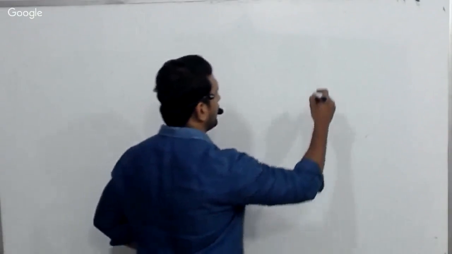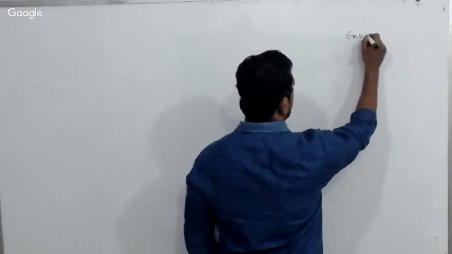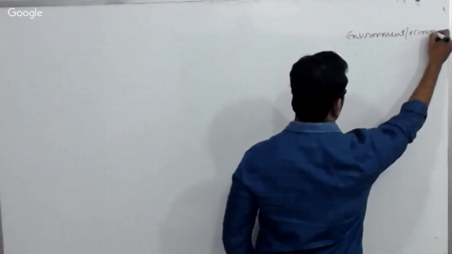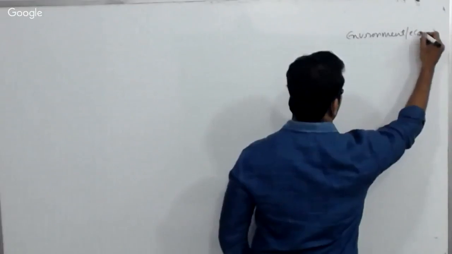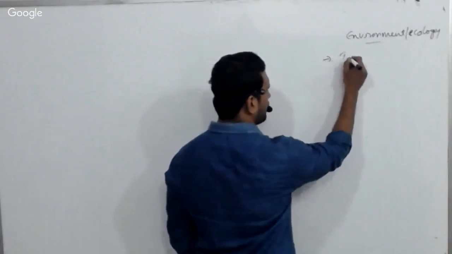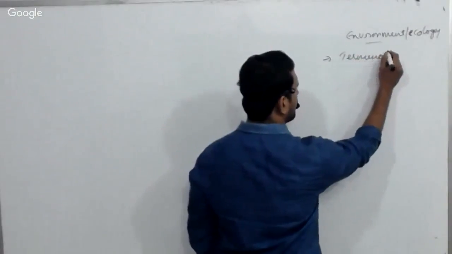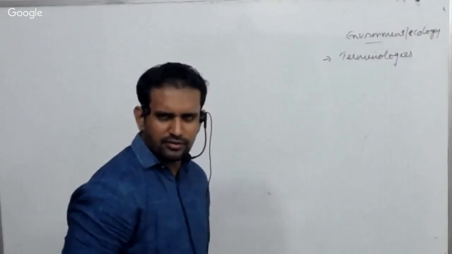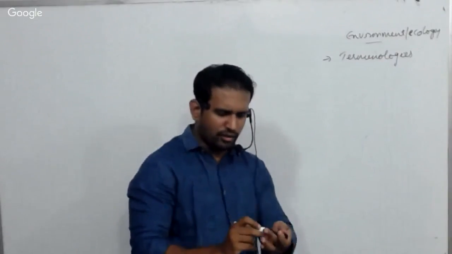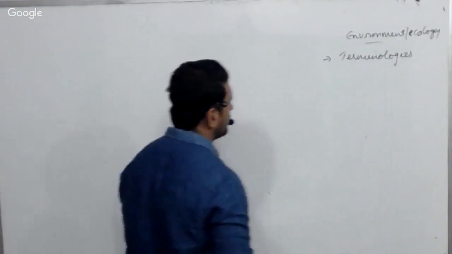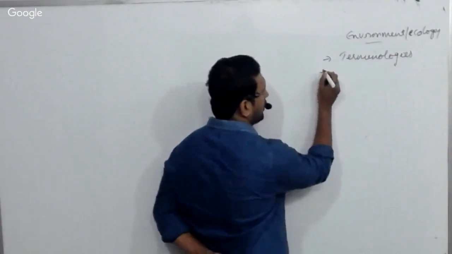Okay, remember this. Fine. So in environment and ecology, first of all, we are starting with environment only. Definitely I am going to deal with terminologies. Nearly about 100 terminologies I will be discussing. The first thing that we are going to do is learn the terminologies in environment. What is abiotic? What is biotic? We need to write in a proper way. Then we'll discuss lots of things.